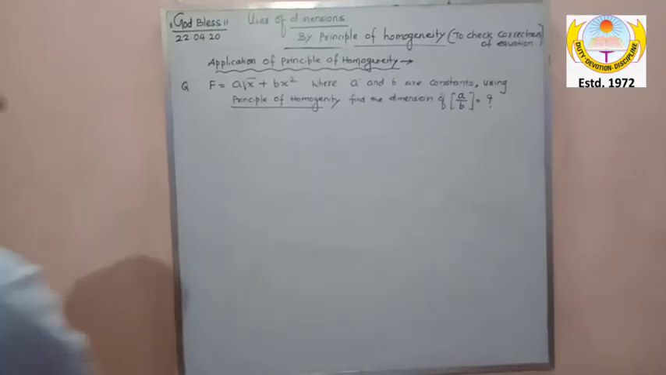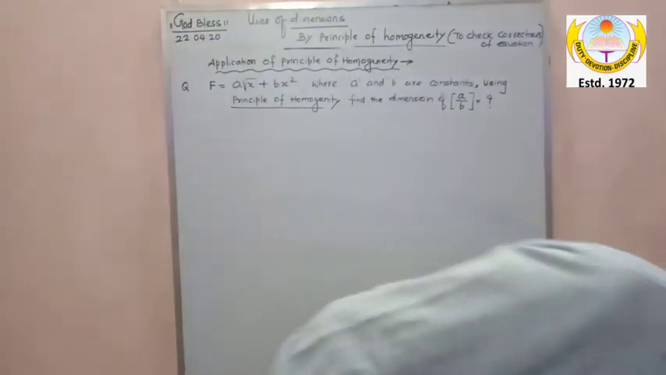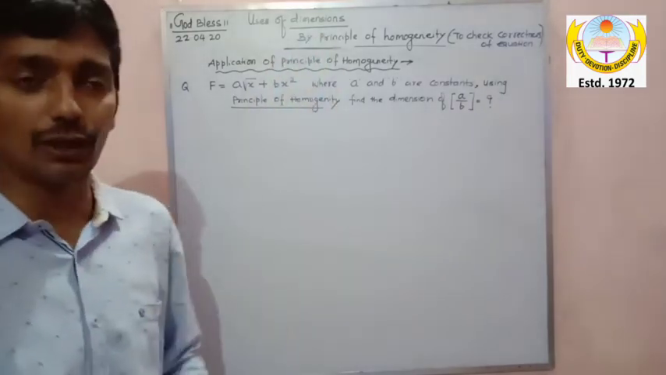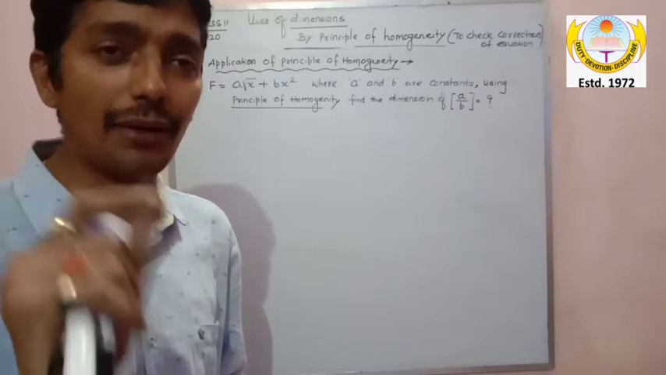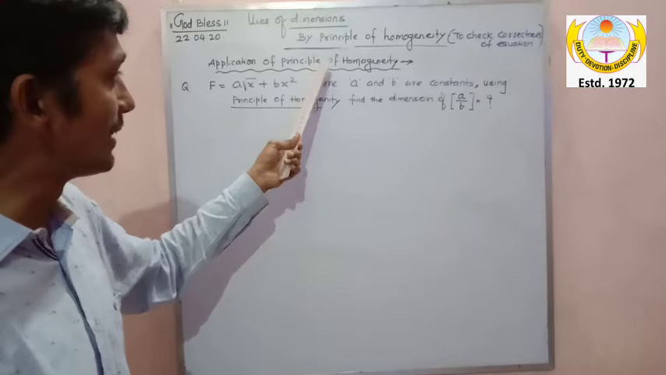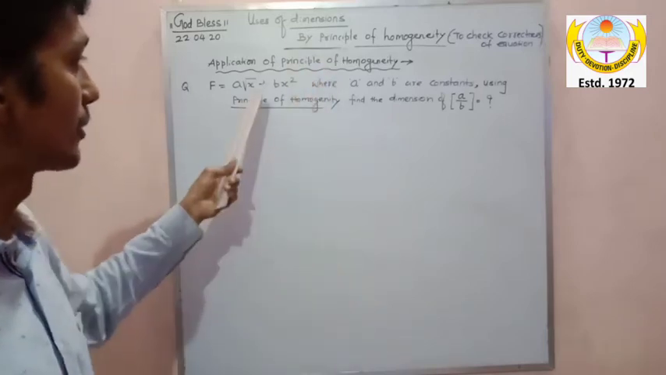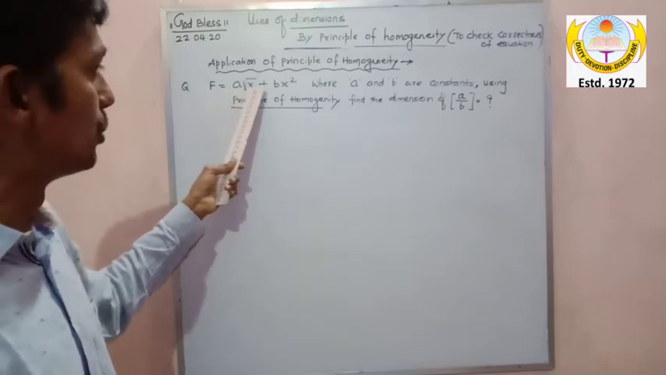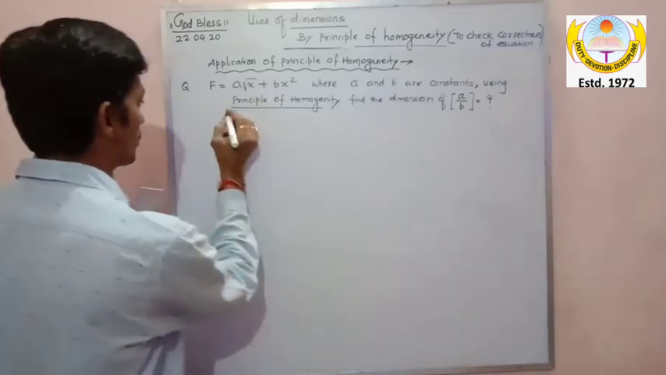So now my dear, as I said, applying the principle of homogeneity. Now here you can see I am using this principle. Till now I was using this principle to check the accuracy and correctness of an equation. Now, applying this, I have to do something else. And what is that? Look at this question. The question is F is equal to a root x, plus, where I will tell you, because this is given in the question also, where